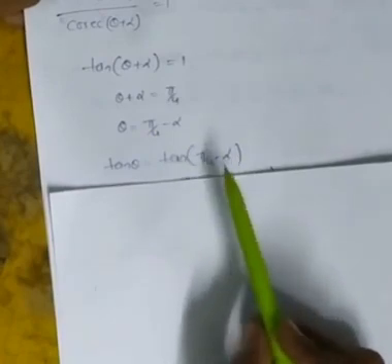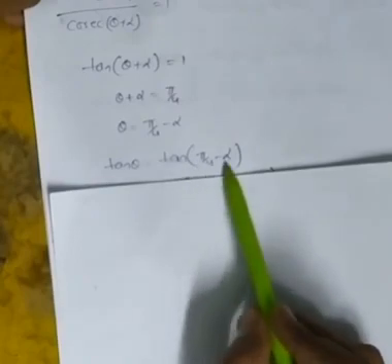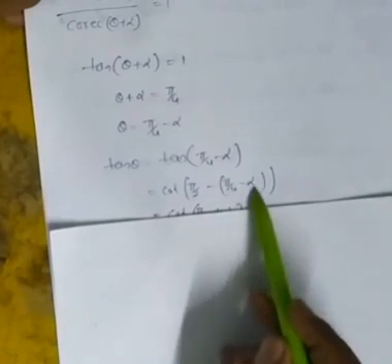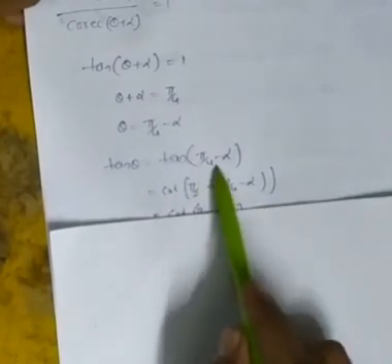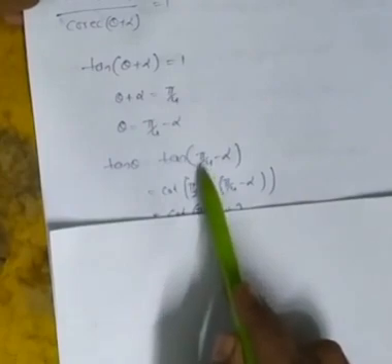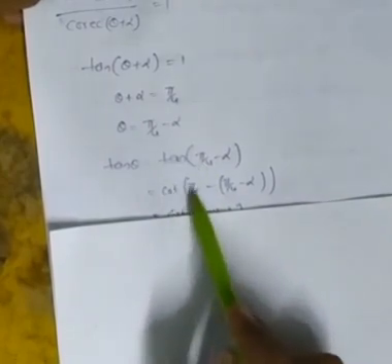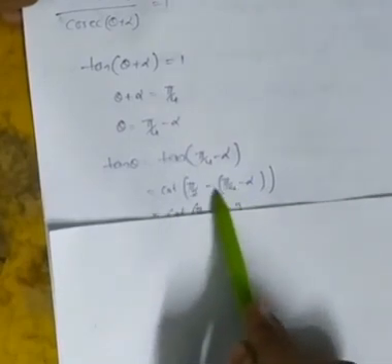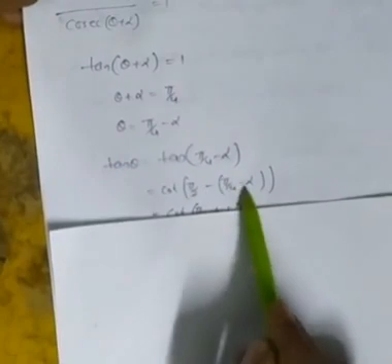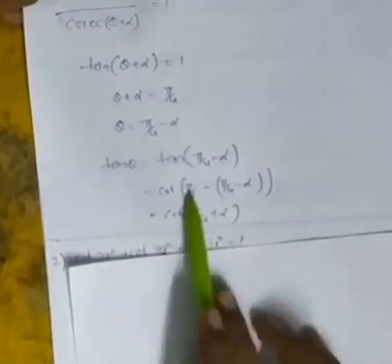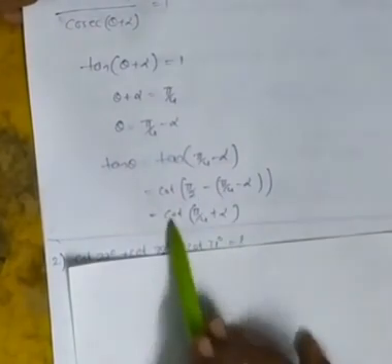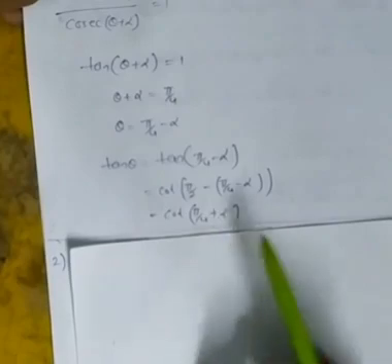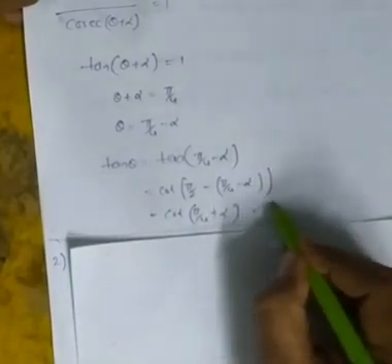So we can write tan of pi by 4 minus alpha as cot of 90 minus pi by 4 minus alpha, because cot of 90 minus something, which is in the first quadrant, becomes tan. Taking this minus inside, it will become minus and alpha will become plus. So pi by 2 minus pi by 4 plus alpha, that is cot of pi by 4 plus alpha. It is in the options, so it is the right answer.